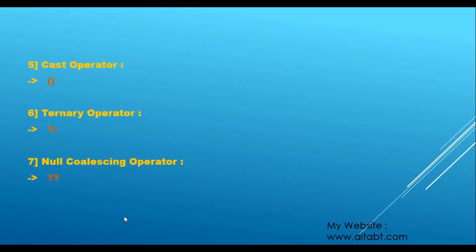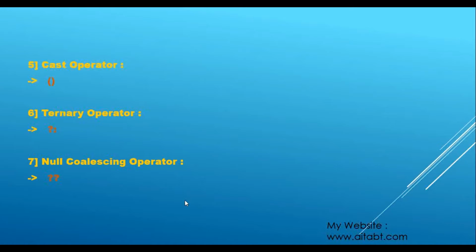Okay, so if you recollect from my previous video, I told you that there is a casting operator we use to convert one type into another. We will see that in action today, so don't worry. And sixth, that is ternary operator. Seventh, that is null coalescing operator. So these are the various operators that we will be discussing, and I will explain all these in today's tutorial. Let's just directly see them in action.